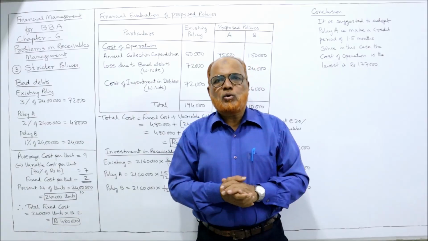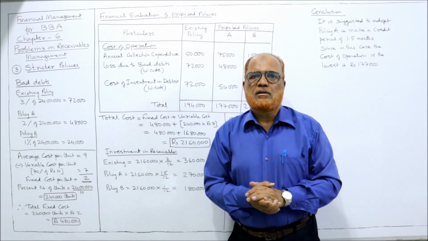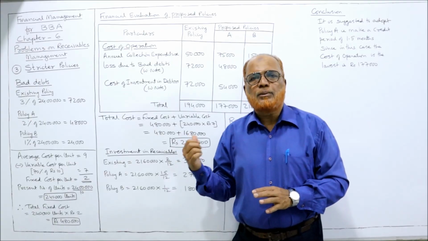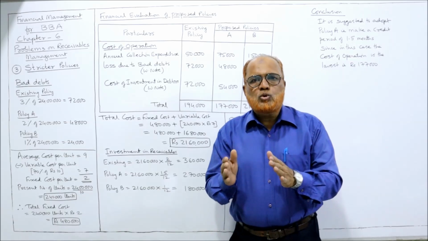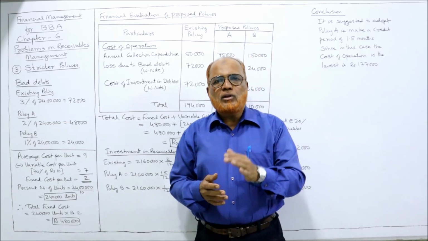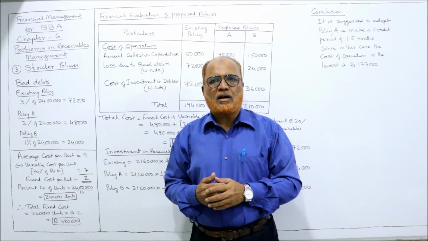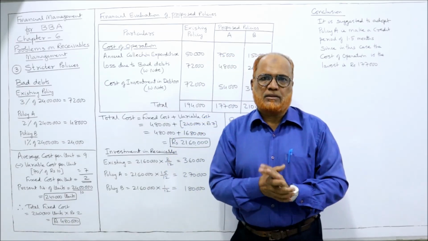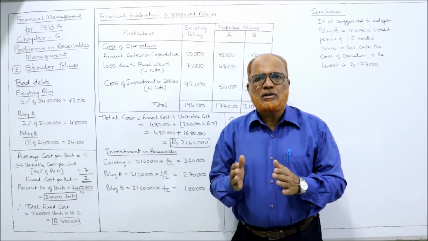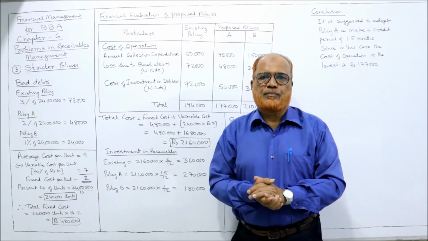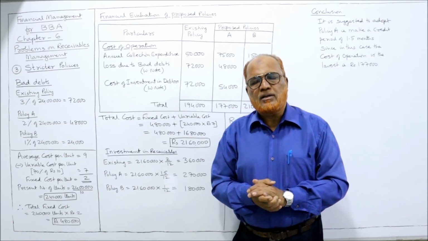In the last video, the two problems I did were on liberalized policy. Now in this video, the third problem is on stricter policy. Presently a 2 month credit period is given. Now the company wants to reduce it to 1.5 months, one and a half months, or 1 month. So we want to evaluate whether it will be beneficial to change to the proposed policy. That we have to evaluate, right?